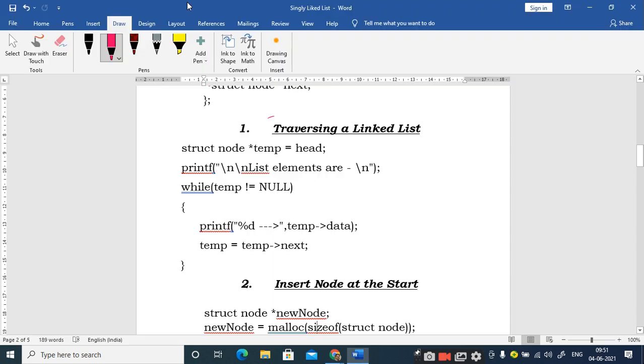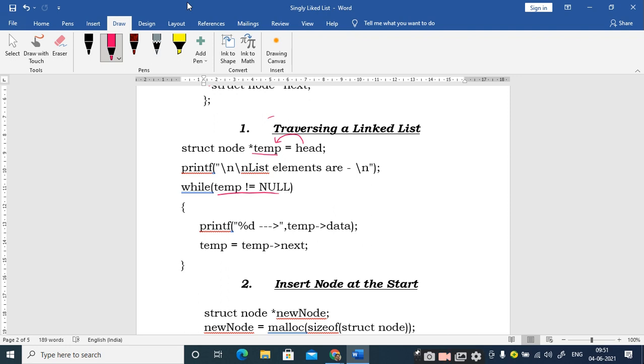Yes, sir. Right. So what do you have to do for the traversal? You have to create a temporary variable and assign the value of head such that both temp and head are pointing to the same location, right? So while temp not equal to null, what do you mean by temp not equal to null?